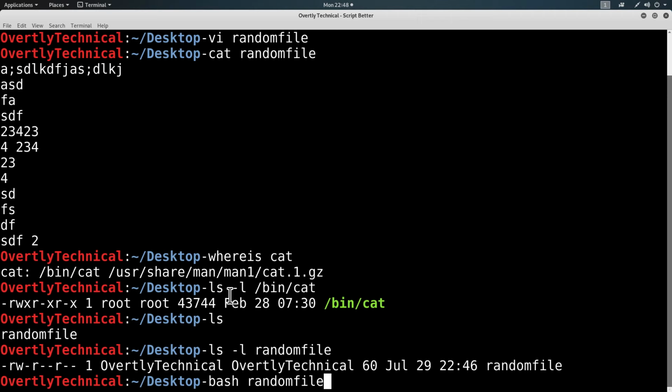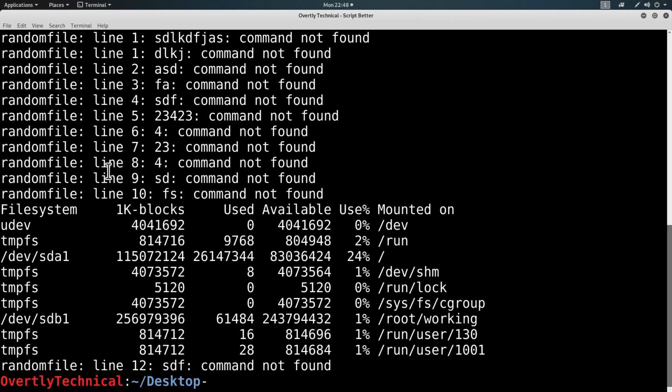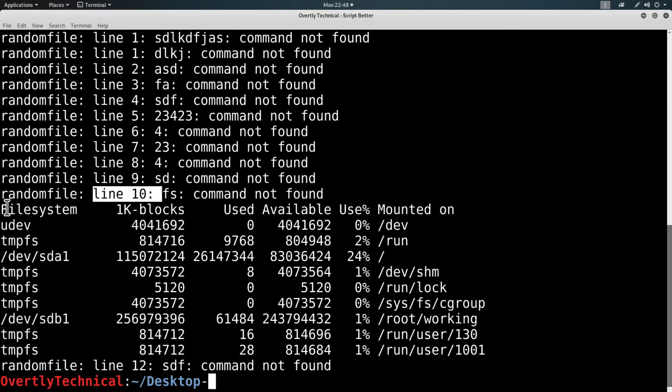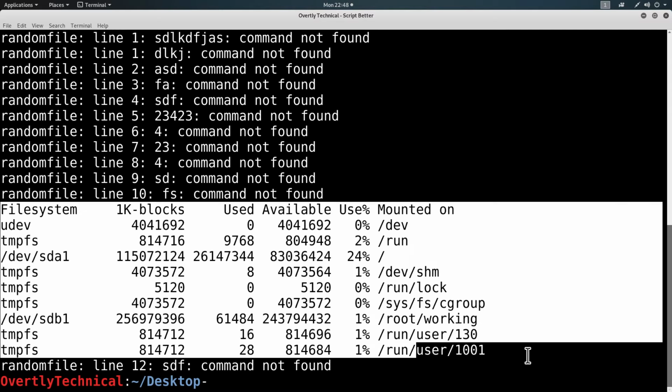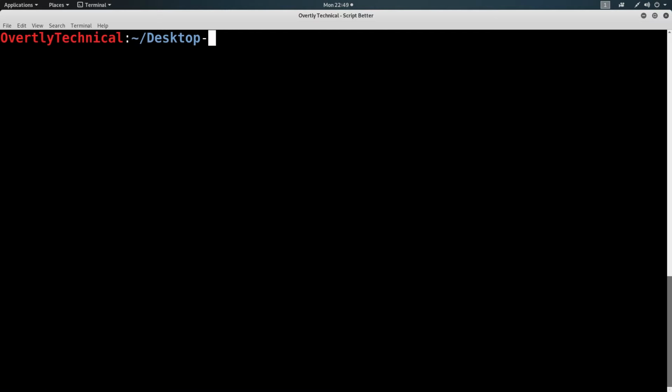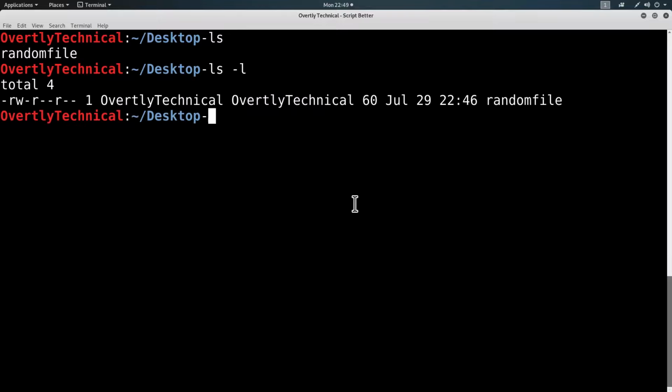So if I try to run this, most of these give me nothing except for some, like df actually gave me a command output, not what I wanted it to do because I don't want it to actually do anything, right? So Control L. Obviously, this is not a bash script, and if I try to make it executable, I can do something like chmod. Let's ls -l just to show you the difference. Right here, it is not an executable file. This bit is not turned on.